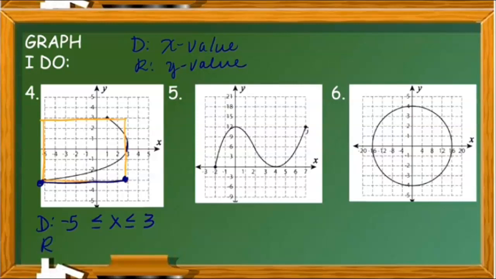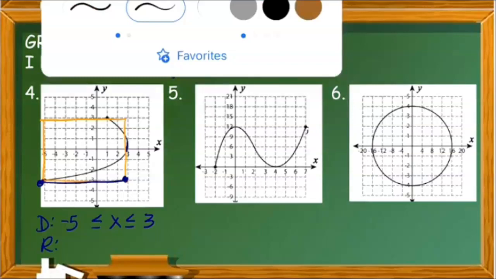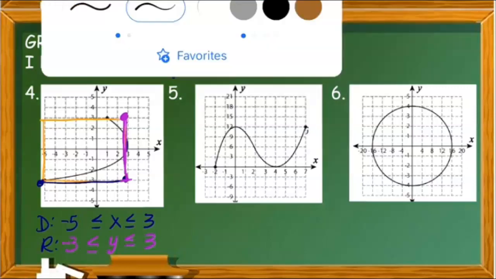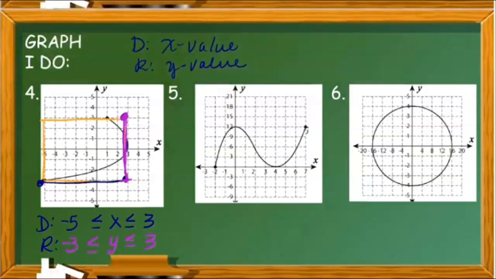Your range is exactly the same. It is this interval here. Okay, this interval here, from here to here. We're just going up and down because that's what our range would be, our y values. So your y here would be less than or equal to 3, okay, because that's this top point up here, and greater than or equal to the part down here, which is a -3. Okay, that's not the best writing. Let me go over that because that's kind of hard to see. Okay, so a -3,